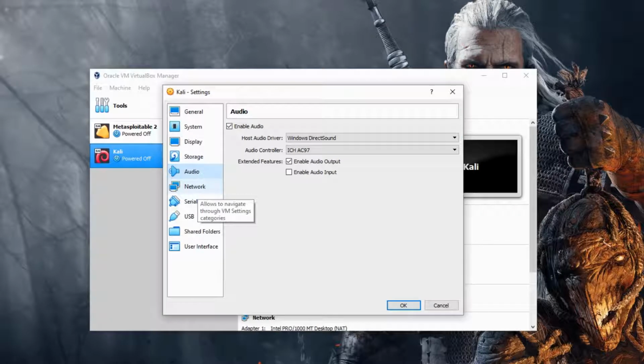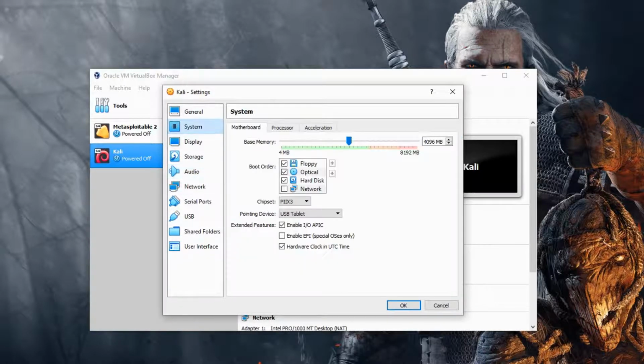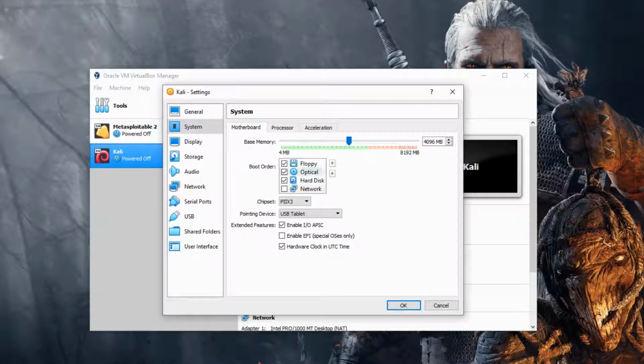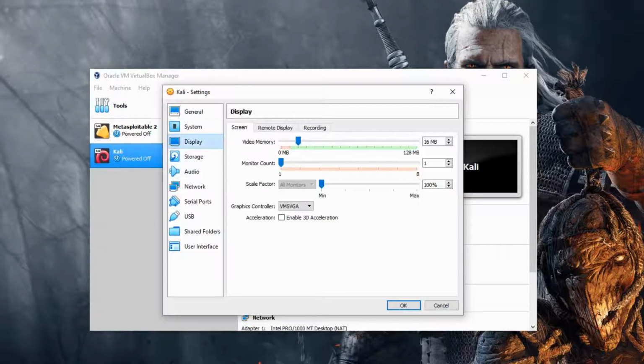And you could configure the other settings also. Click on system and select the number of processors to its maximum, and you could enable the 3D acceleration in the display, and you could increase the video memory size to its maximum.